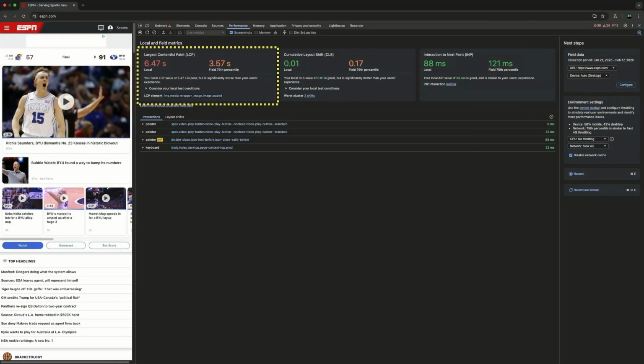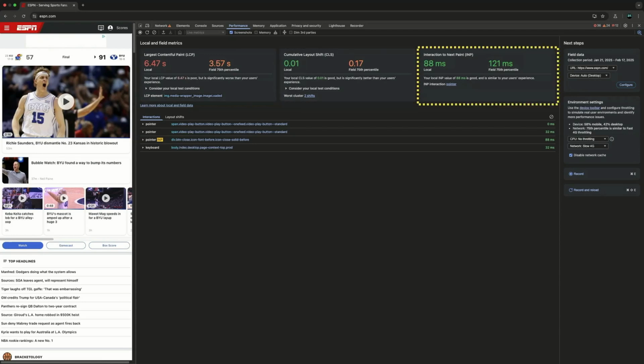We have the LCP. On the left, we have the lab or local data. And on the right, we have the field data. And here, what we're seeing is that, okay, our development numbers aren't that great, but our field data is better, but still, that's not even that awesome. So you can start to process the information and understand that there are some changes that need to take place. And we again can see that with the CLS, and we can also see that with the